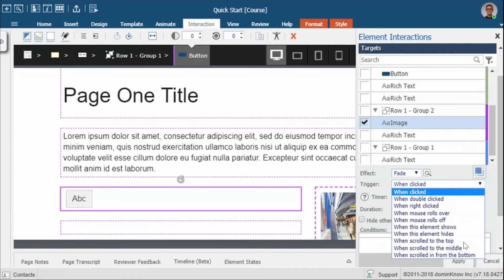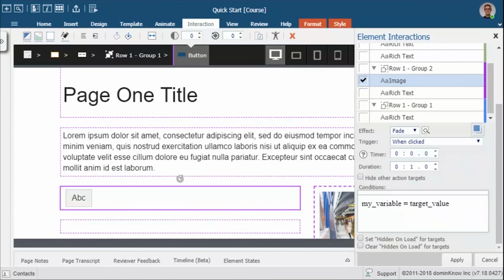So it could be that when you've clicked that element, when you've double-clicked it, right-clicked it, when you've moved your mouse over it or off it, or simply when that element appeared on the screen or when it disappeared. So if you think about that, and the fact that actually you can add actions to simply the page loading itself, the page could load and dynamically build itself dependent on, and the other thing we've got here